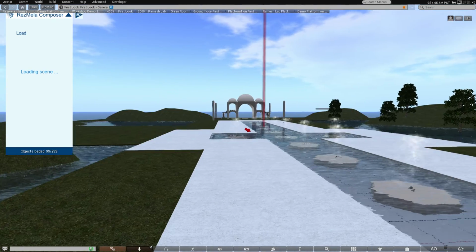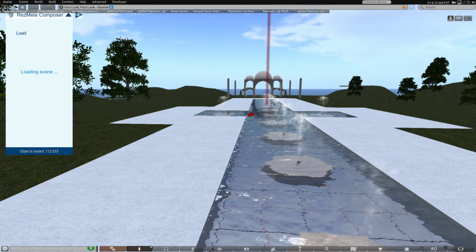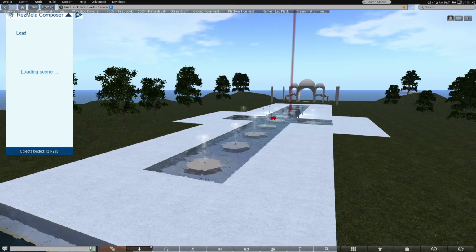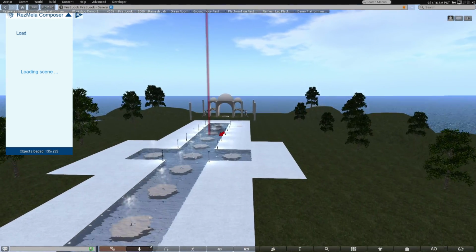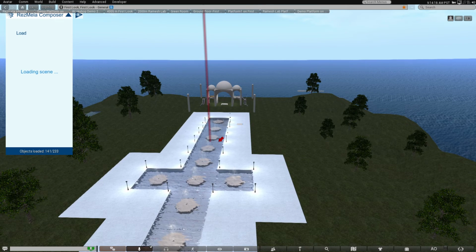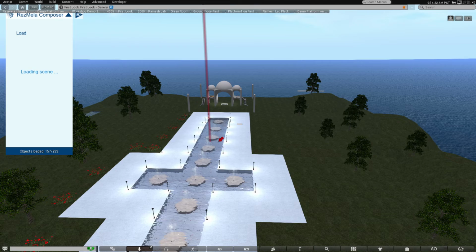And we can see that now we have this water feature at the center. All right. So if you look at the HUD on the left, you can see the number of objects